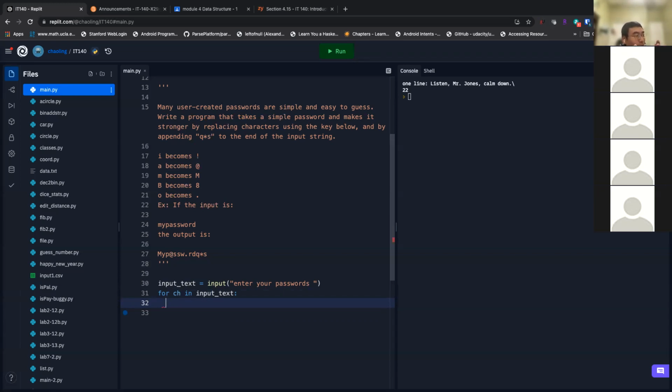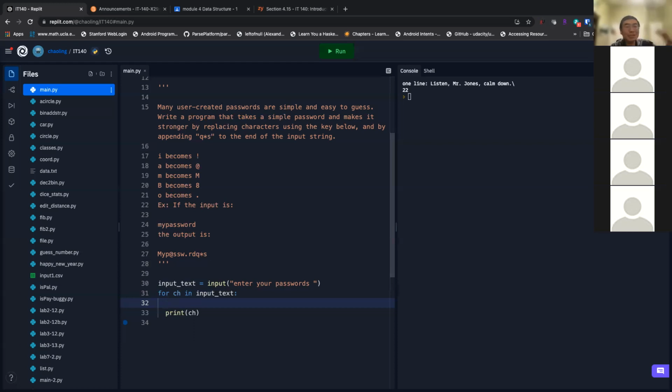So I think the key here is, I'm not going to give you the whole answer, otherwise it'd be too easy, right? I just want to give some ideas. So you can print, of course, the character. And then similar to that previous lab, right? If you encounter the I, I'm going to replace it with that. I'm just asking you what data structure I should use to make it simplified. Previously, I used a tuple, right? A tuple, but a tuple is with single items. And if the item is in that tuple, I just skip it.